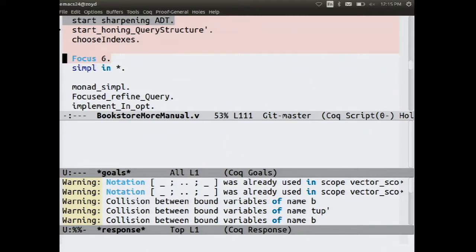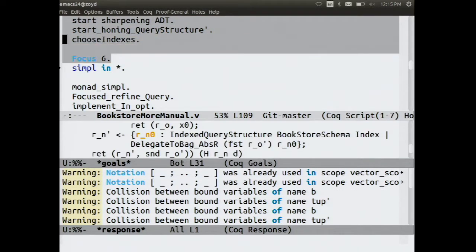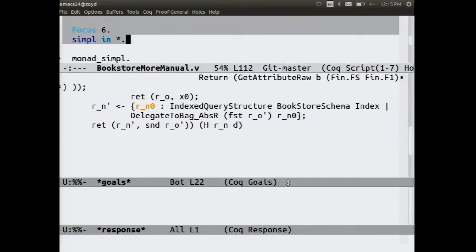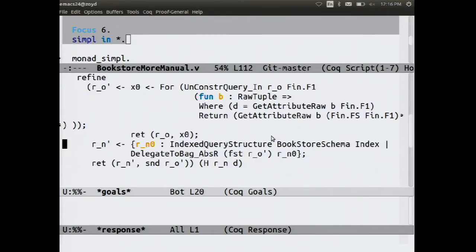This choose indexes step is the one that syntactically analyzes the structure of the code and decides which data structures will be the fastest, and so that choice is now inlined into everything. And here is the first of those queries, the one that's going to look up all the titles of books written by a particular author. This is one implementation of that freely mixes functional programming code with mathematical set choices that aren't obviously computable. So what is it doing? This is basically just restating our query.